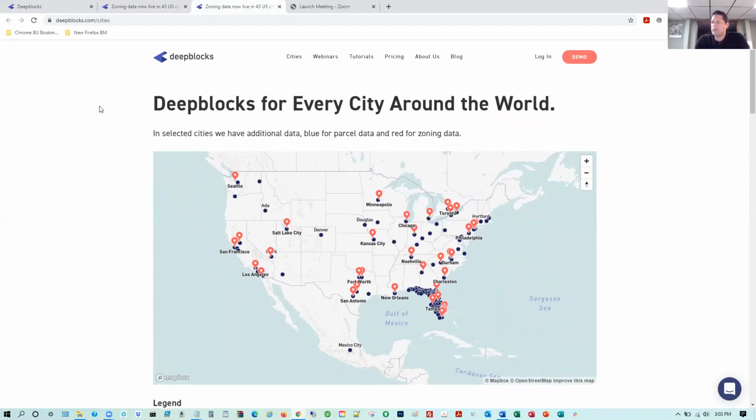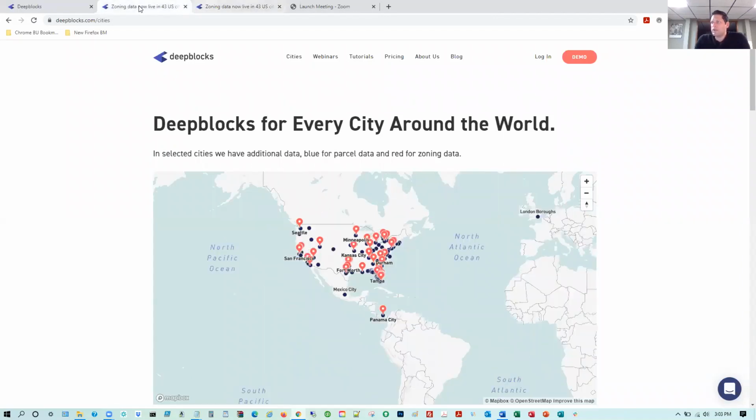So we'll be at 100 cities with zoning data. And again, we continue to always add more and more parcel level data to more cities. And I believe we're in over 1,000 cities with that parcel level data. In addition to those two sets of data, we also have various market data, from residential rates, industrial rates, office rates, other data sets as well. We also show various types of construction costs, and we show opportunity zones. So this is a numerous amount of metrics that you can apply to your search to better enhance your site selection and find that next development opportunity.